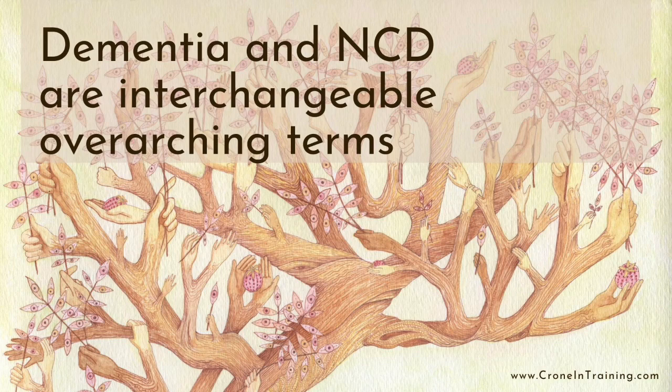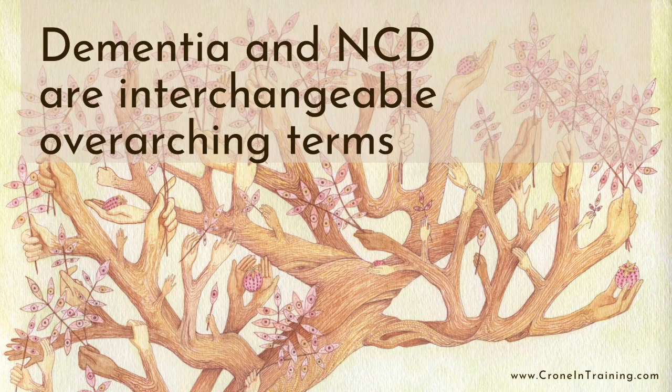That brings us to our first language issue. Dementia, or neurocognitive disorder, are interchangeable and are overarching terms for everything that is about to follow. What we're about to talk about next are all types of dementia, or subtypes of neurocognitive disorder. So whenever you hear someone say dementia or neurocognitive disorder, think of that as the umbrella below which there's lots